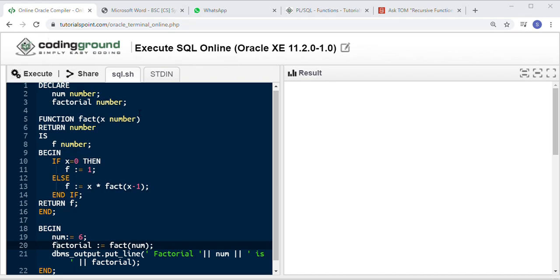2 goes to where? It goes to x. Now x equal to how much? 2. 2 equal to 0, condition is false. False means what? f := x * factorial(x - 1). So f equal to x value is how much? 2. 2 into factorial of